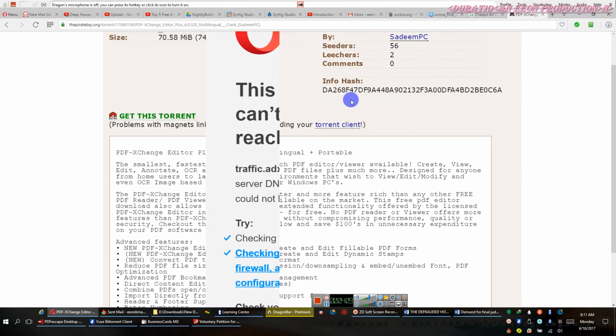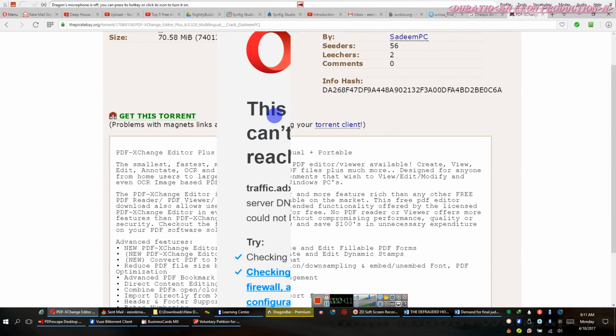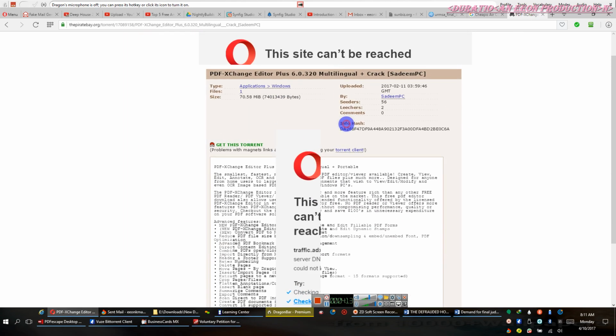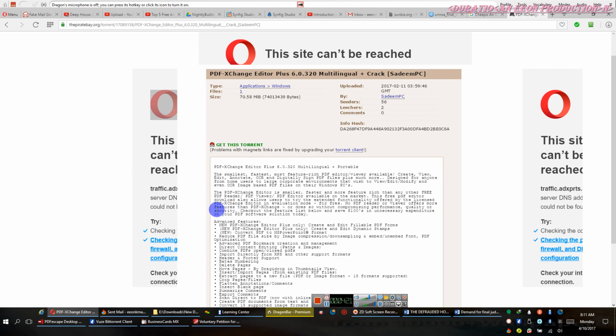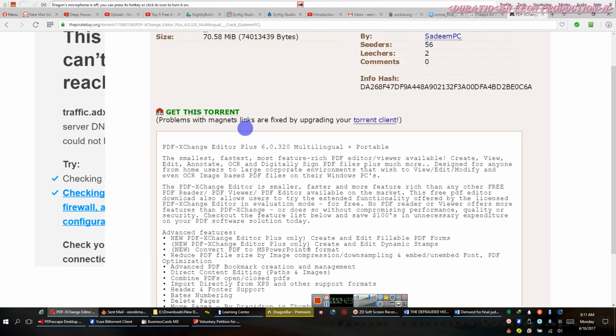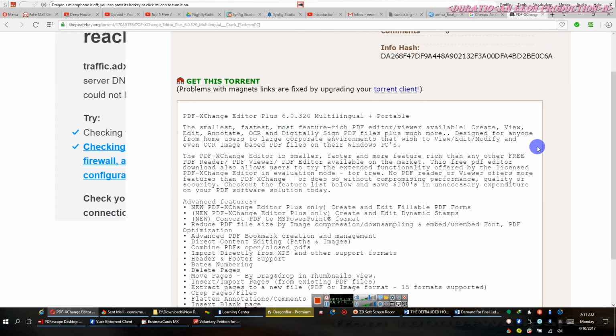Okay? When it takes you to this screen, don't worry about that. We're going to get rid of that by making it smaller. You might have to refresh because this is just a blemish. It's not supposed to be there. There it is. See how it straightened itself out? Alright. Now, what's going to happen? We have the Pirate Bay, and we came to this software.